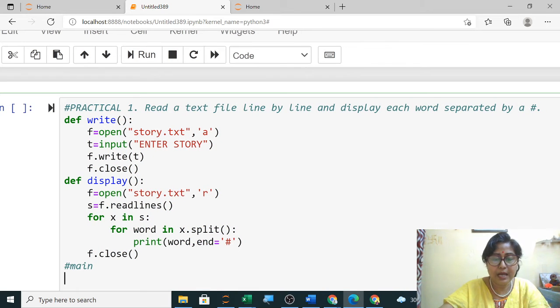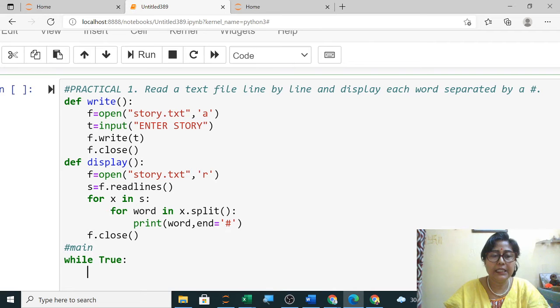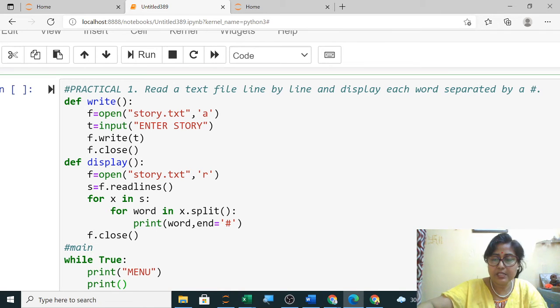In this main program I have to display the menu. So in while true I will display the menu, using the print command. In the first option I will write in that file: write a story in story.dat file.